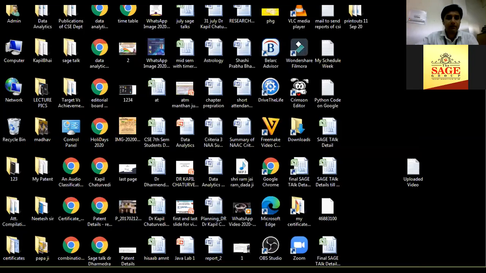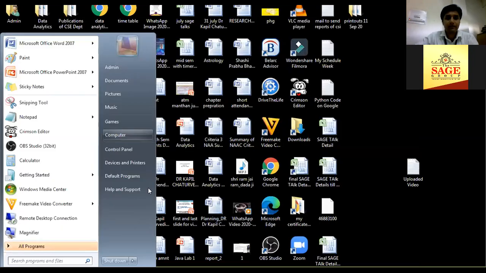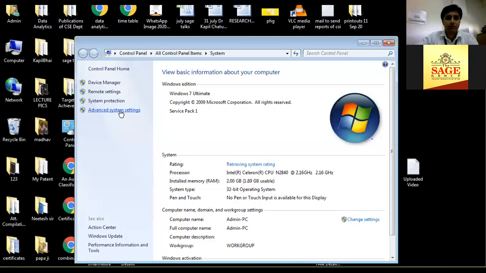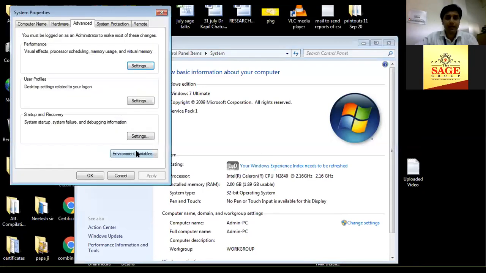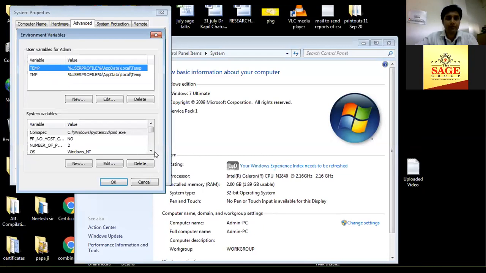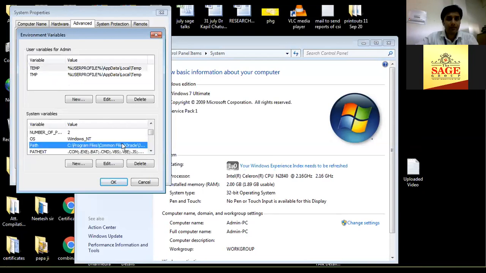Then we click on My Computer, right click, Properties. That will open that window. Go to Advanced system settings, click on Environment Variables. Here, in that window, we have to choose Path.